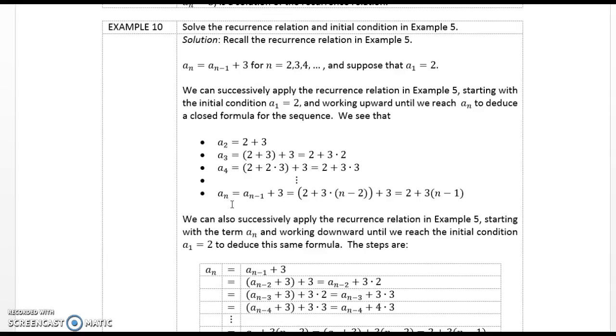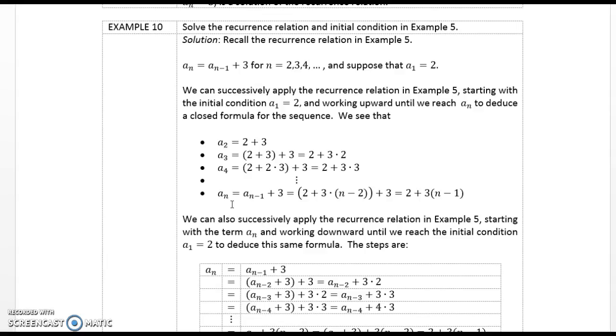We can successively apply the recurrence relation in Example 5, starting with the initial condition a_1 = 2 and working upward until we reach a_n, to deduce a closed formula for the sequence. We see that a_2 = 2 + 3, a_3 = 2 + 3 + 3 = 2 + 3 times 2, a_4 = 2 + 2 times 3 + 3